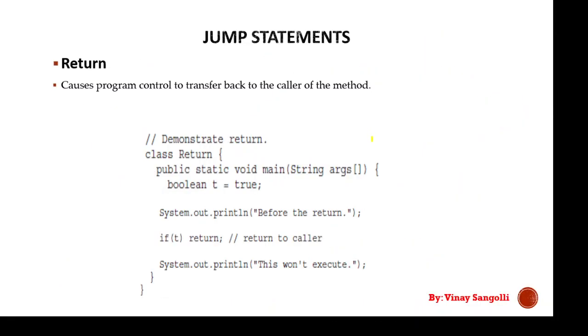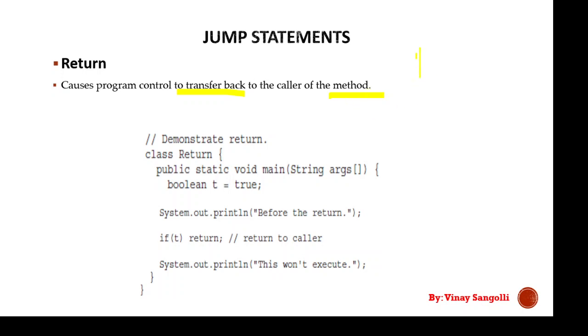Next we have return statements. So return is very useful. Usually this return is used with your functions, or the functions here in Java are called methods. So it is usually used to return from a method, that is, come out of a method, which is nothing but a function, and transfer the execution to the main program. That is what we have been studying. It causes the program control to transfer back to the caller of the method. So for now, just remember this line, that return immediately terminates the method in which it is executed, and the control is given back to the main program.